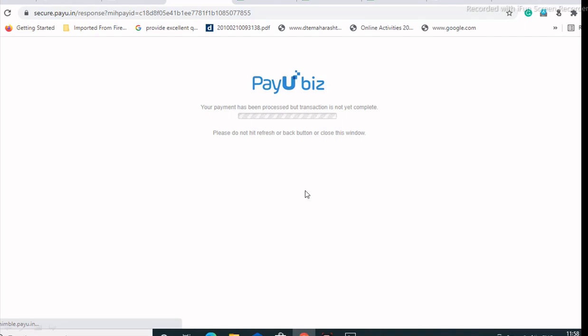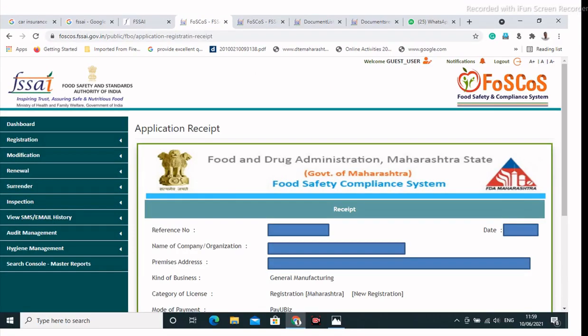For PhonePe processing, you are required to add your UPI number or PhonePe number, and after clicking you will get a message on your PhonePe; then accept, and the payment process is done automatically. After payment, you immediately receive the receipt confirming the application form for registration has been received.